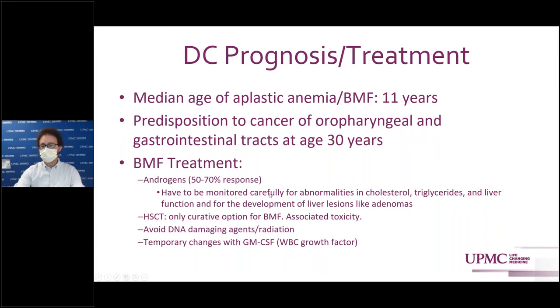So androgens have also been shown to be helpful in these patients, but have their own possible side effects and toxicities. Same thing with stem cell transplants, which is the only cure for the bone marrow failure parts, but can also be associated with toxicity. Avoiding DNA damaging agents or radiation, and really only temporary changes with those growth factors that I mentioned